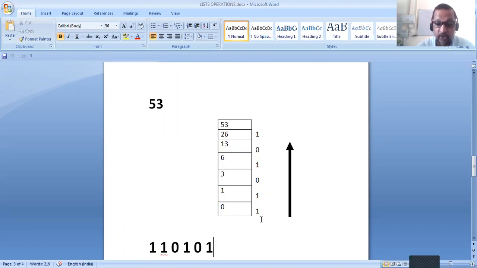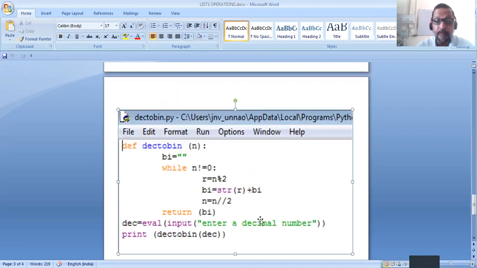Let us see how we implement it in Python code. This is the program. We define a function decimal to binary with an argument, a decimal number n. Here is a string named bi.